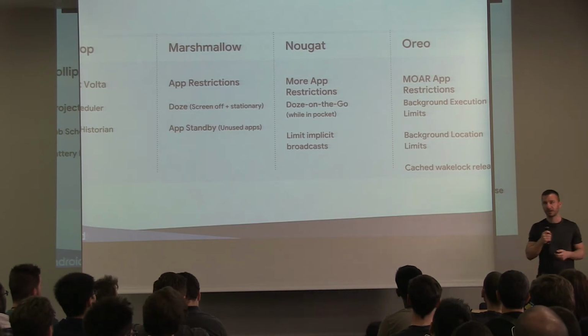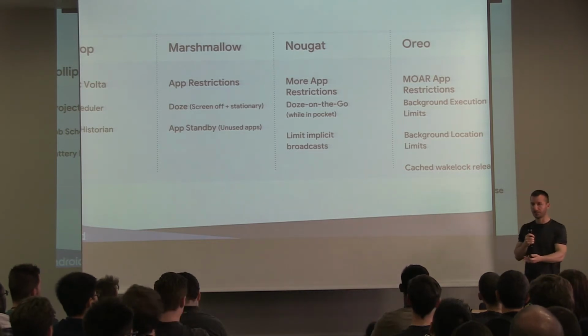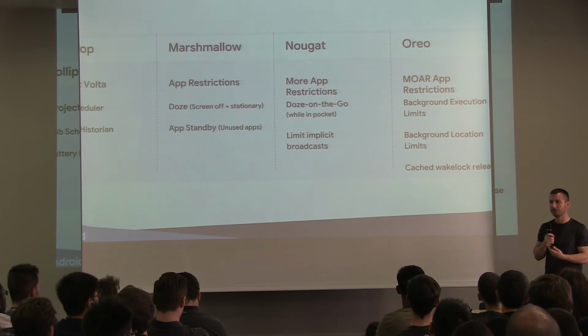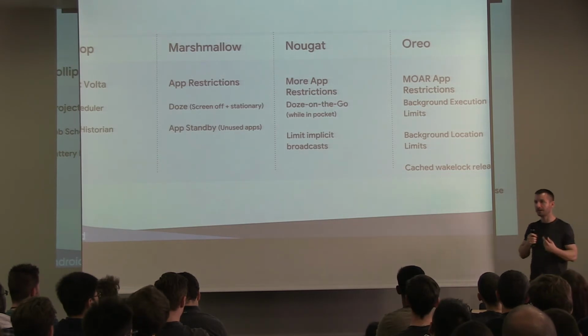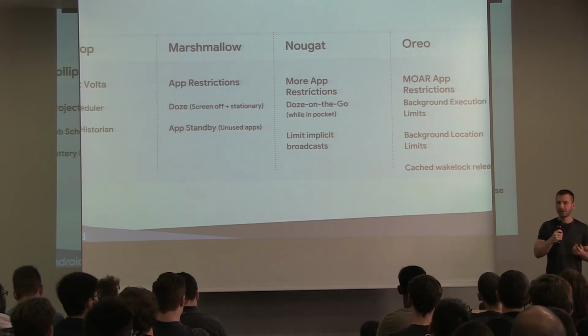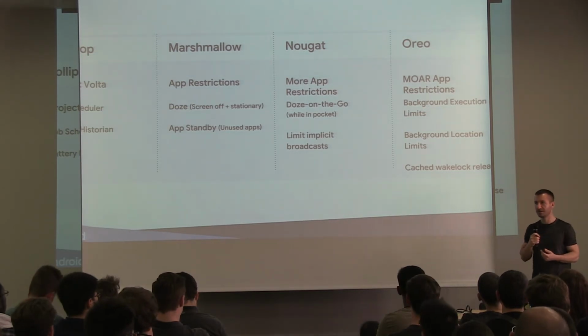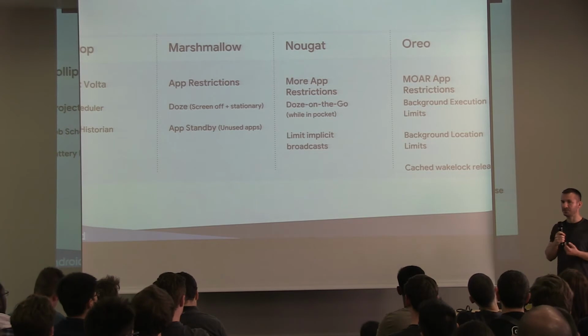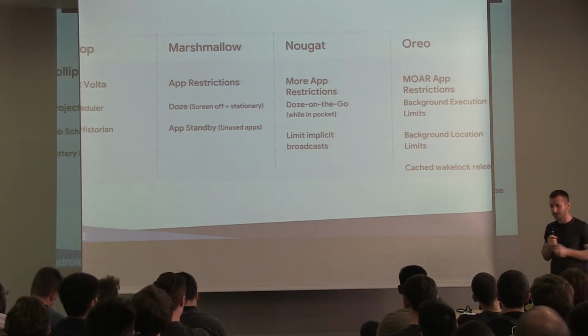So that means an app that is not in the foreground, it's not shown to the user, it has no UI currently, can't actually start a service in the background. So what we call it is we are limiting free running services, which developers were often abusing for various reasons, and that drains the battery a lot.